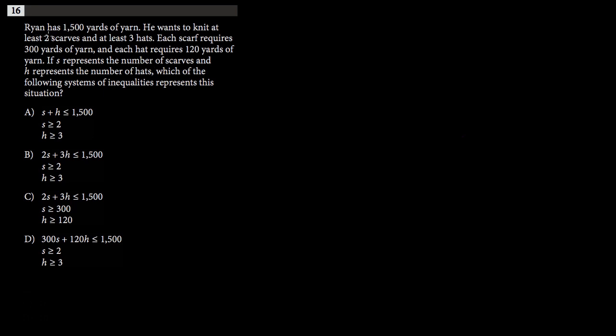Question 16 reads, Ryan has 1,500 yards of yarn. He wants to knit at least 2 scarves and at least 3 hats. Each scarf requires 300 yards of yarn, and each hat requires 120 yards of yarn. If S represents the number of scarves and H represents the number of hats, which of the following systems of